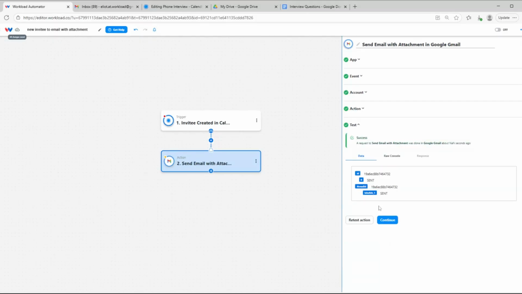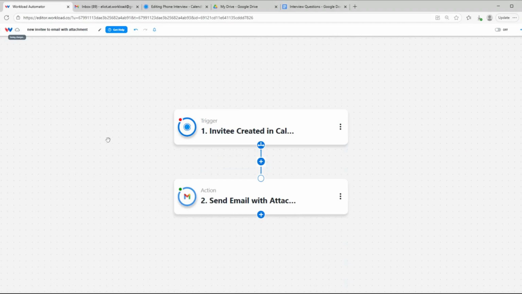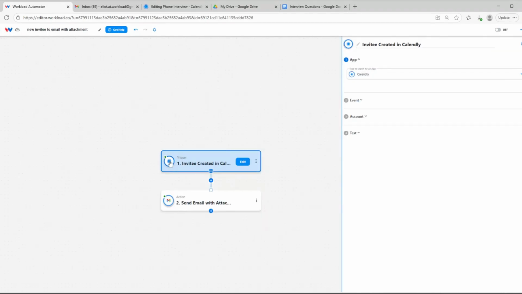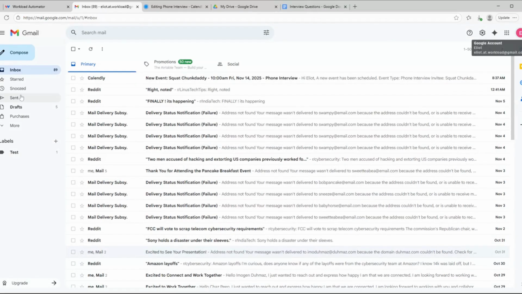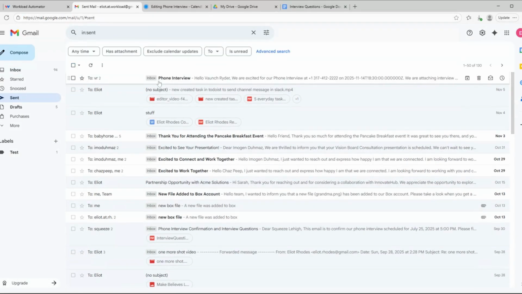And we have a success. So I'll click continue here. I'm noticing this first box has a red dot, so I'm going to click there. Sometimes that's all you have to do is click on the box again and the dot on your node will turn green. So then I can check my email and go to my sent email, and you can see